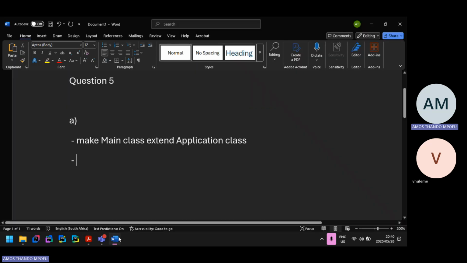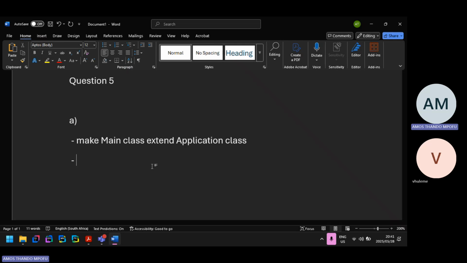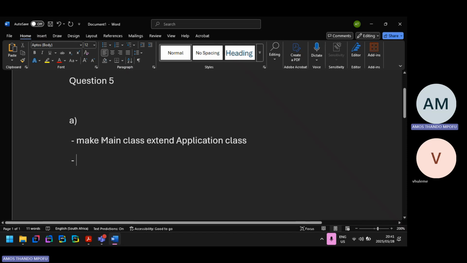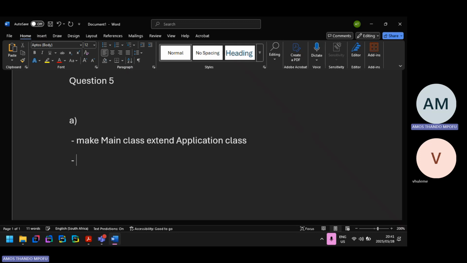So I'm just gonna write. The question didn't state code. They just said what changes need to be made. Step one, that class should extend the application class. In this case, the class is called the main class. Hence, I said make the main class extend application class. And then number two is to override a start method which takes in